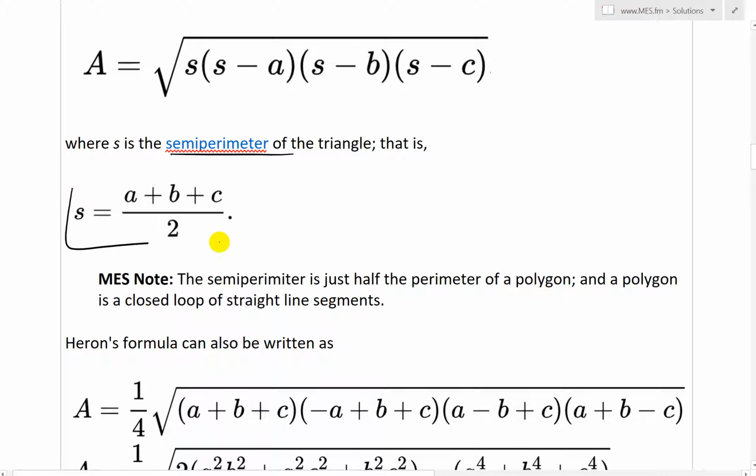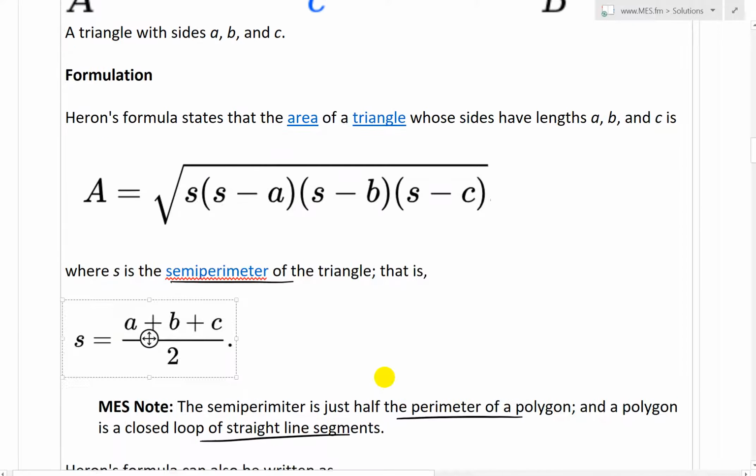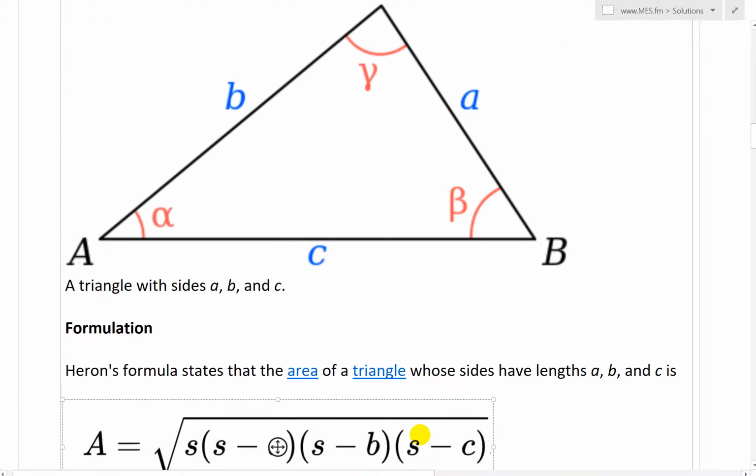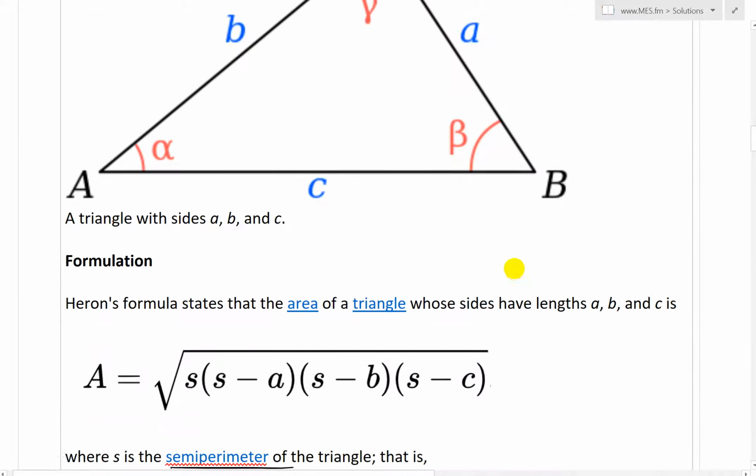That is s equals (a + b + c) / 2. Note, the semi-perimeter is just half the perimeter of a polygon. And a polygon, if you haven't graduated calculus or graduated high school, is just a closed loop of straight line segments. As you can see here, the full perimeter is going to be a plus b plus c, divided by 2,